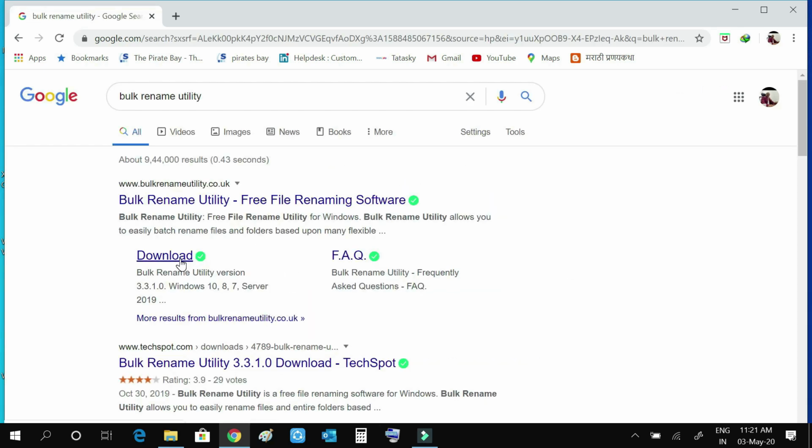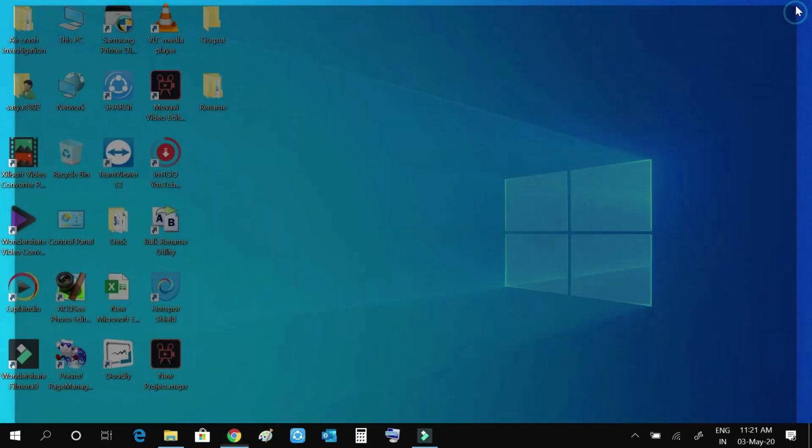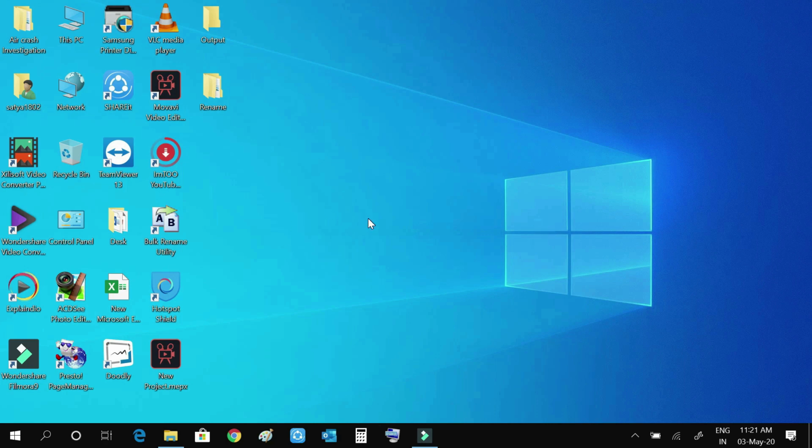This is a free software. It is a fantastic software where we can do many activities, many ways we can edit the files in one go. I'm not going to download this software because I already have it. Let's see how to do it, and let's review how the software is.